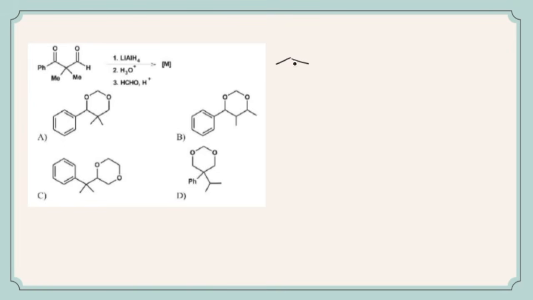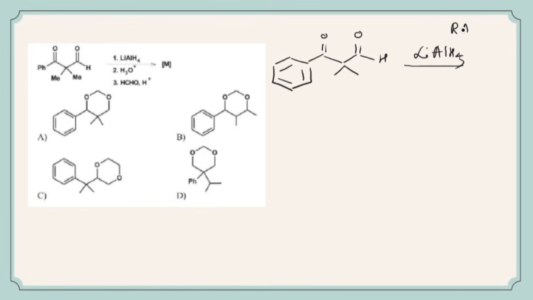So let's get started. The given reactant has a phenyl attached to a ketone, and there is also an aldehyde in the molecule like this. It is first treated with lithium aluminium hydride. Lithium aluminium hydride is a strong reducing agent. It reduces both aldehyde and ketone because it furnishes hydride ions which attack both the aldehyde and the ketone, and it's going to form